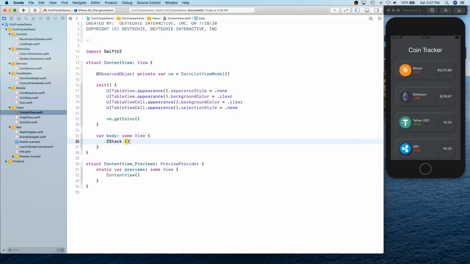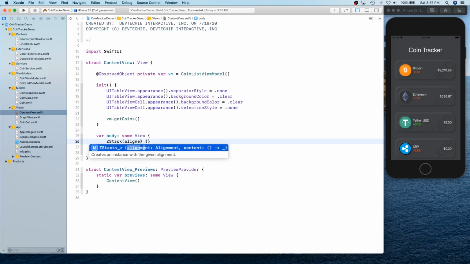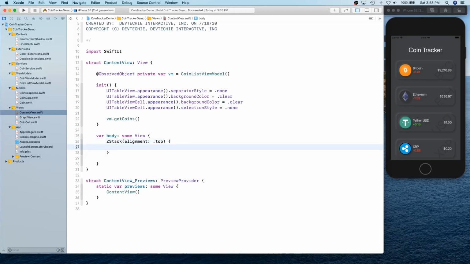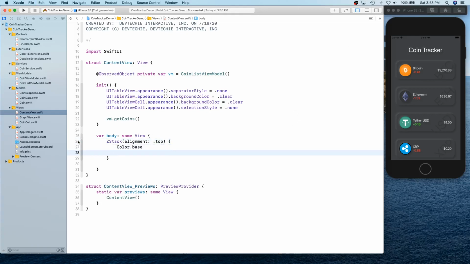a ZStack with alignment as top, and color is going to be the base color, that's going to be the background. Then we can have our list,